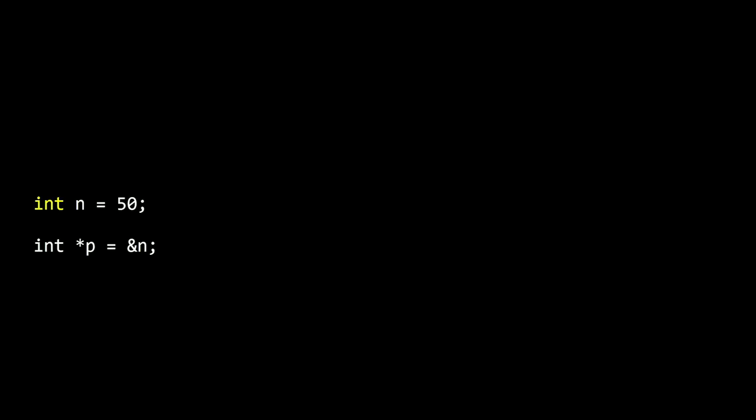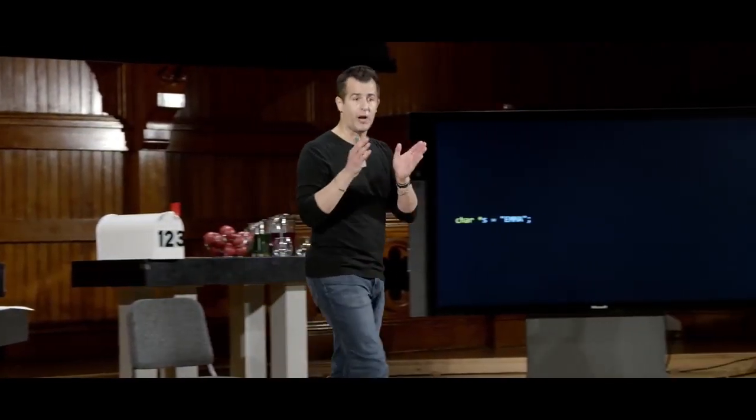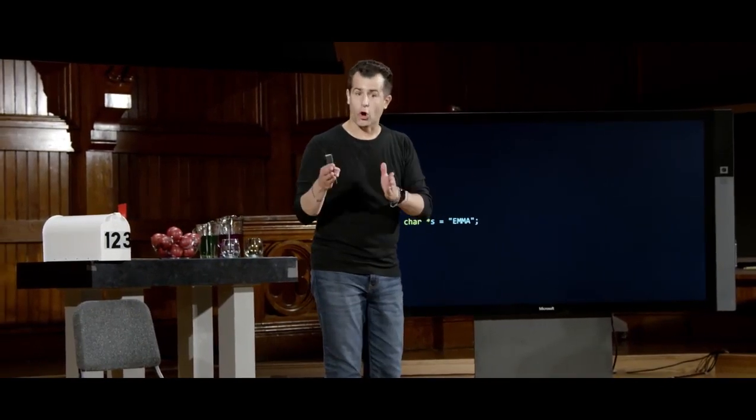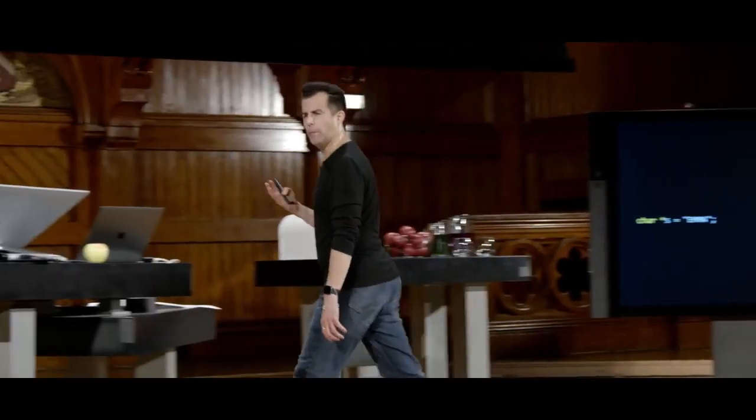But it turns out that this thing here is our data type from week 1. This thing here, int star, is a new data type as of today. The variable stores not an int, but the address of an int. It turns out that something like this line of code with Emma's name is synonymous with char star, right? If a star represents an address and char represents the type of address being pointed at, just as int star can let you point at a value like n, which stored 50, so could a char star, by that same logic, allow you to store the address of, and therefore point at, a character.